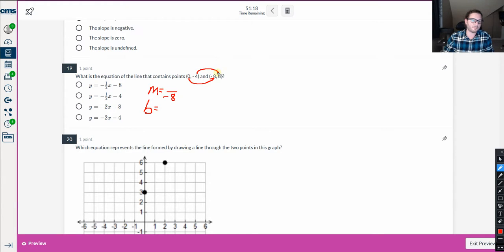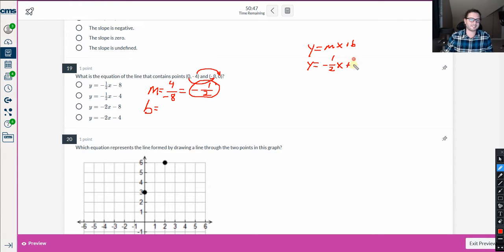And then for this, we went from -4 to +0. So this one, we increased by 4, so +4. So +4 over -8, that would simplify to -1/2. So my slope is -1/2. So y equals mx plus b. We now know that y equals -1/2